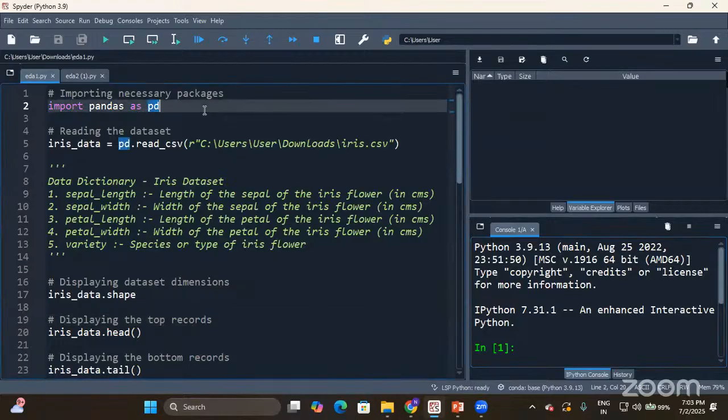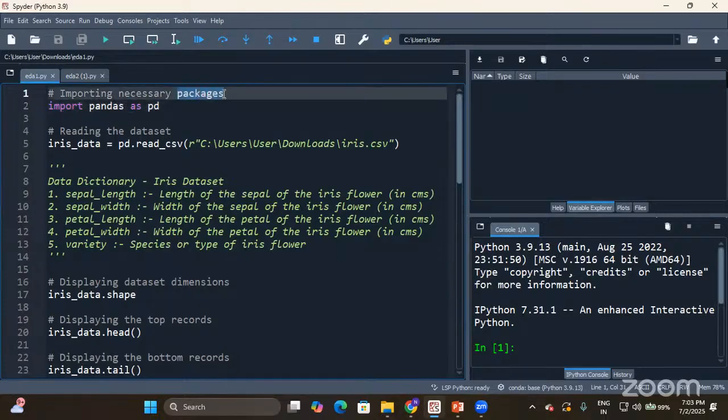I'm going to import a package. What exactly is a package? A package represents a folder.